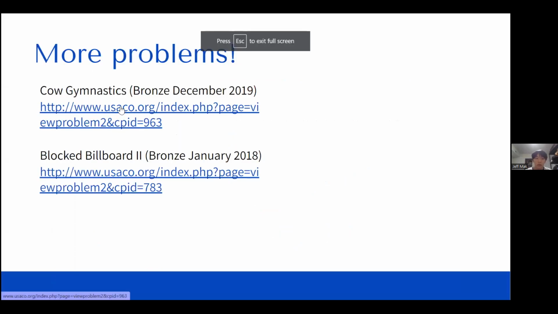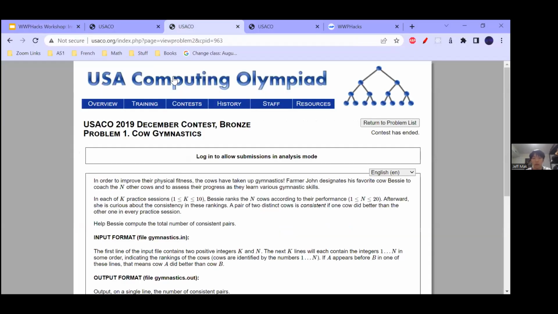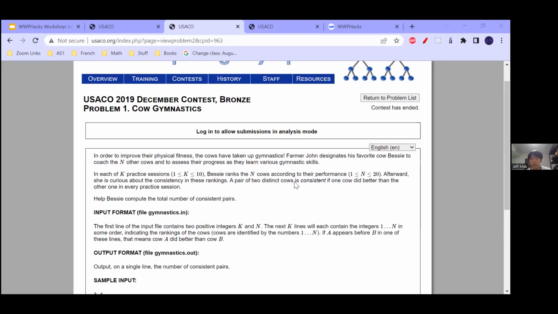Next problem. Cow gymnastics. Shared link again. And you guys can look at it.